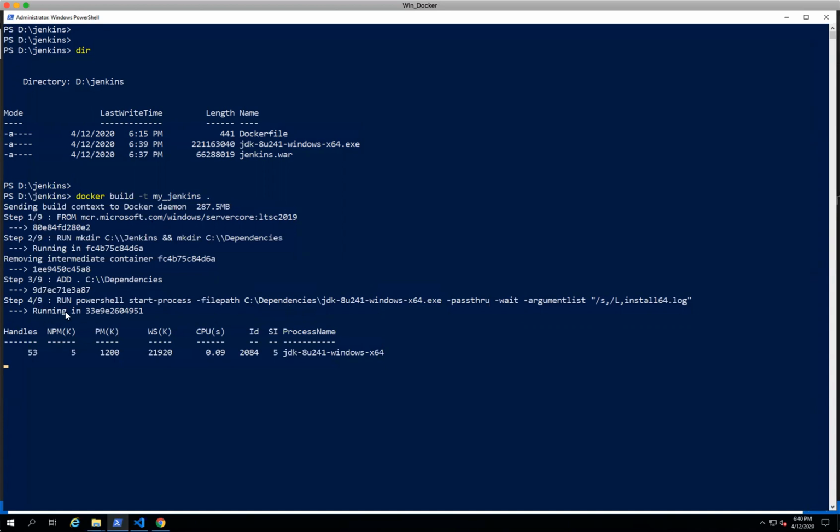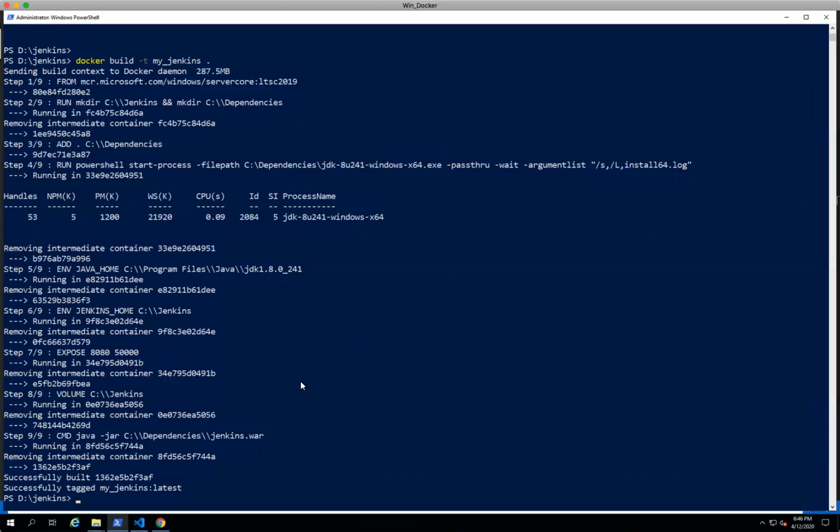Here you can see it running in some hash number. That means it created an intermediary container, and this is the container ID. Inside this container ID, it is running the Java installation. Okay, I think it will take time, so I'll pause the video here and come back once it is completed.